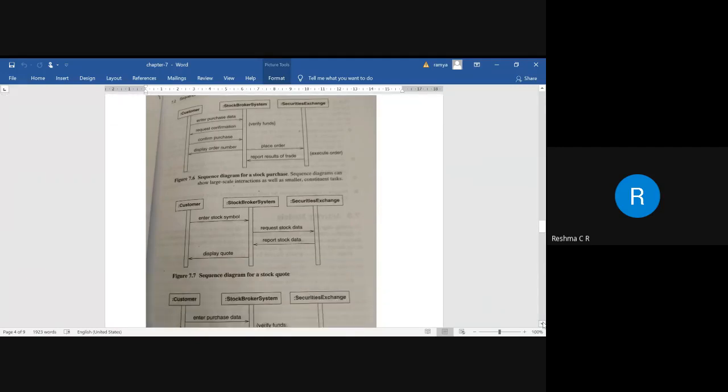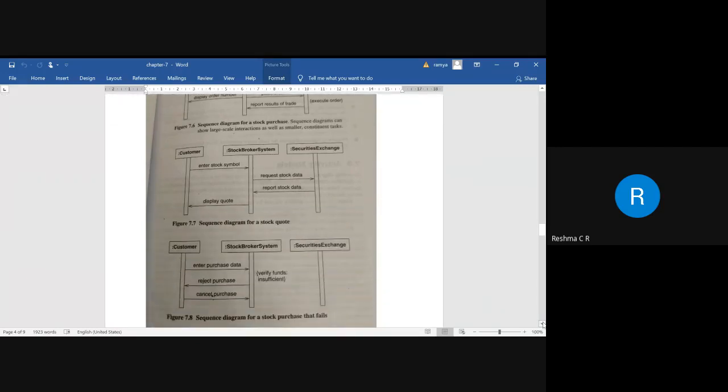Next, the customer can give the stock code. Which stock does he want? The customer will enter the stock symbol. Once the stock symbol is entered into the brokerage system, it will request the stock data, and that will be sent to the security exchange.